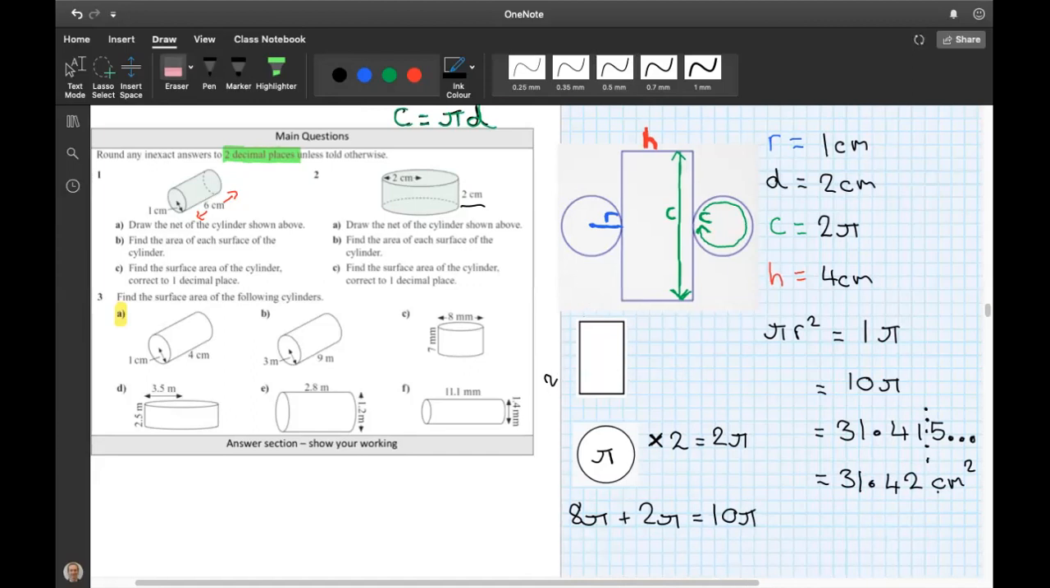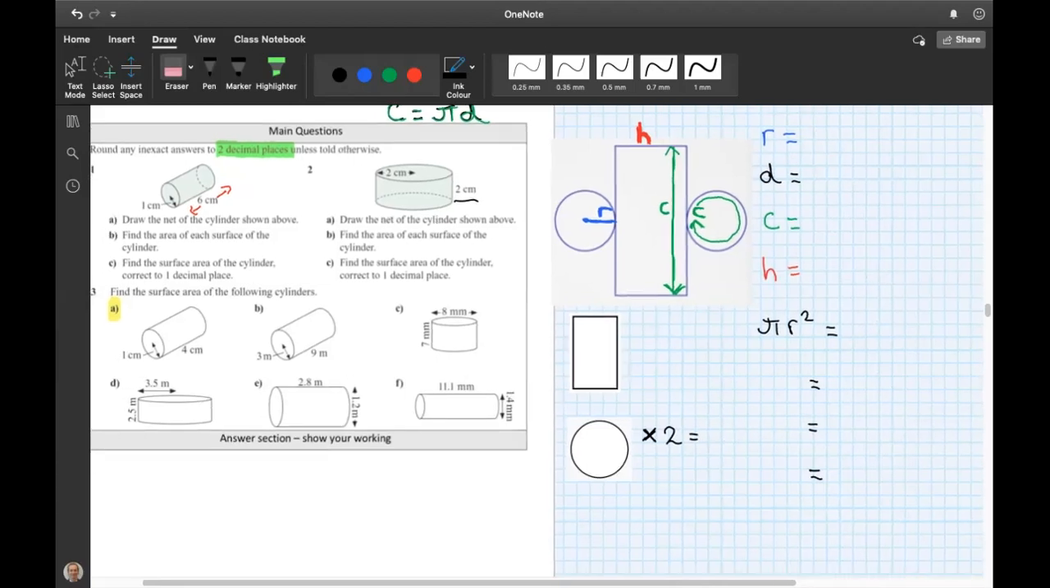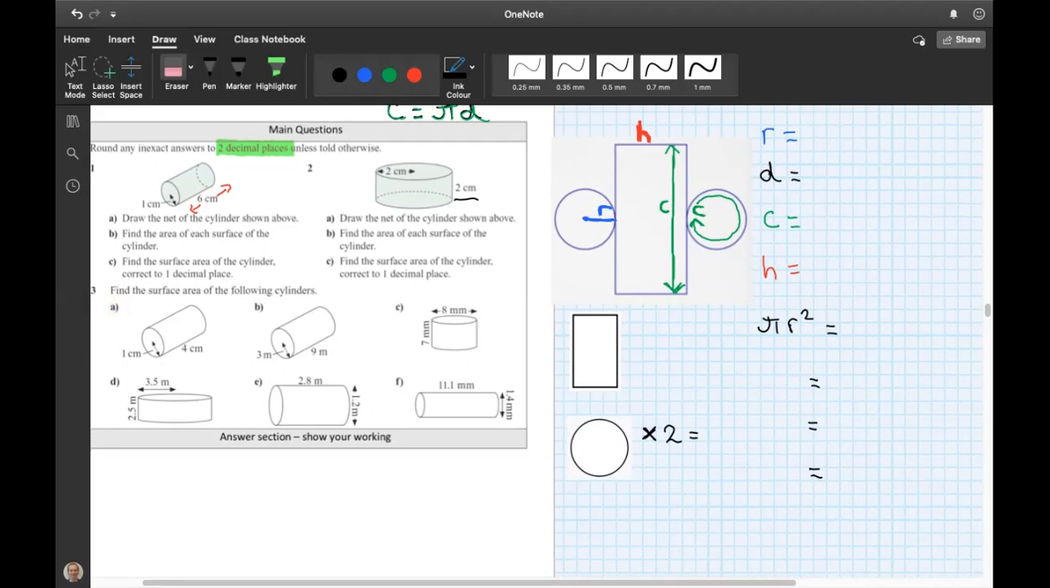Okay, let's have a think about our next question. 3B. As you might have noticed, we have slightly different units this time. We've gone from centimetres to metres. So we need to pay attention to that at the end of our question when we're giving our units. Okay, so we're now looking at